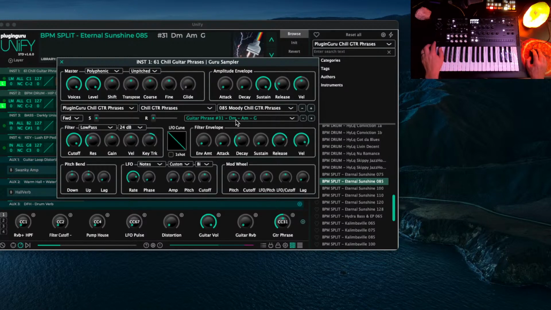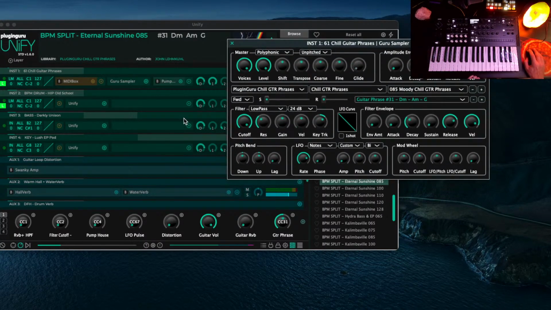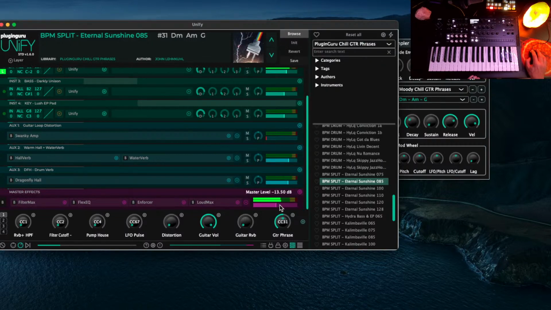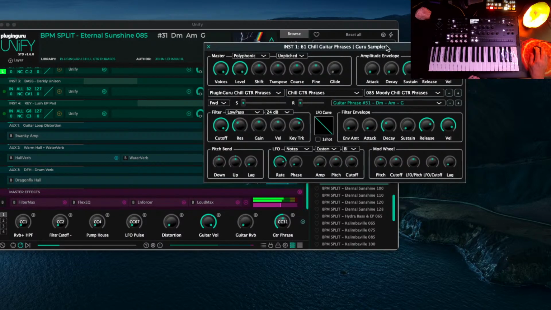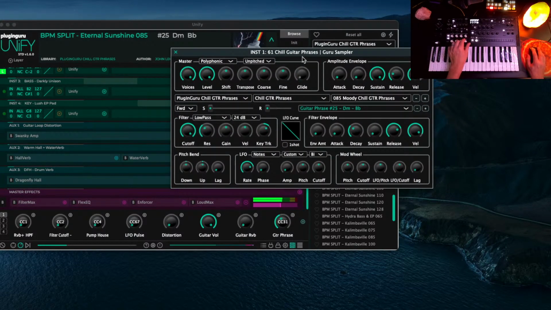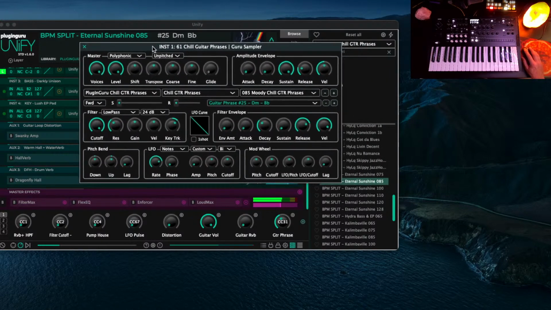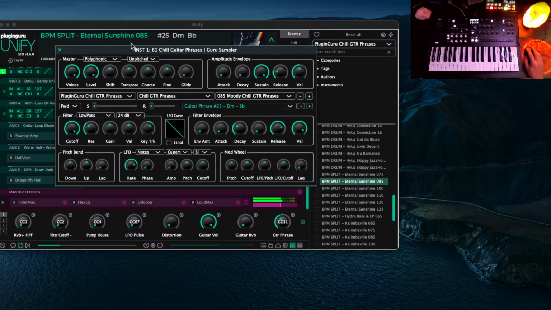Let's see if I can go down one more octave. It's playing. Turn down this a little bit. It's playing these phrases, and it tells you what chord progression it's going to be, so you can play it. If I go to another one,